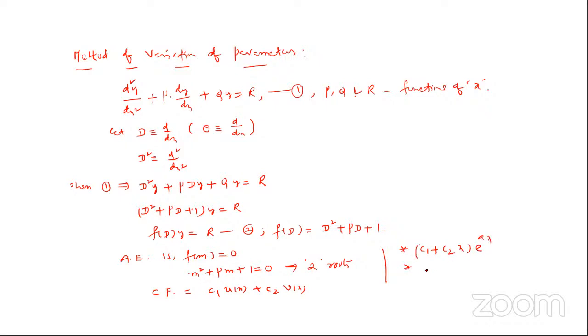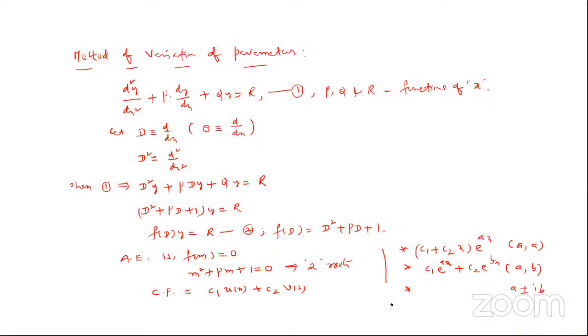If the root is a comma a, repeated, so here a comma a are two roots, the complementary function is c1 plus c2x into e power ax. If the two roots are unequal, a comma b, two distinct real roots, then we write its corresponding complementary function as c1 e power ax plus c2 e power bx. In the case of a complex pair of roots a plus or minus ib, then we write